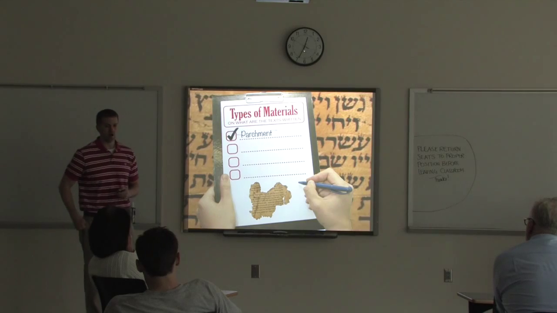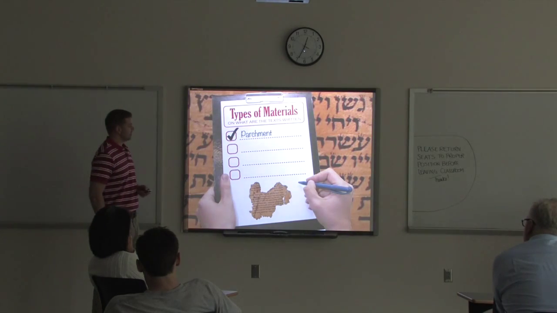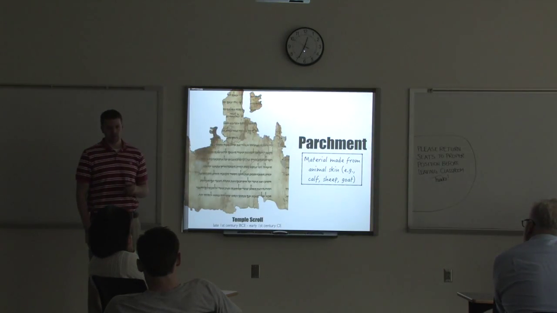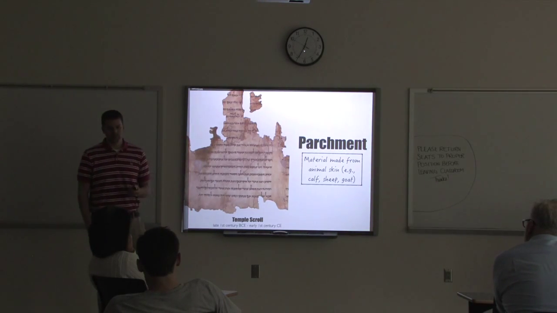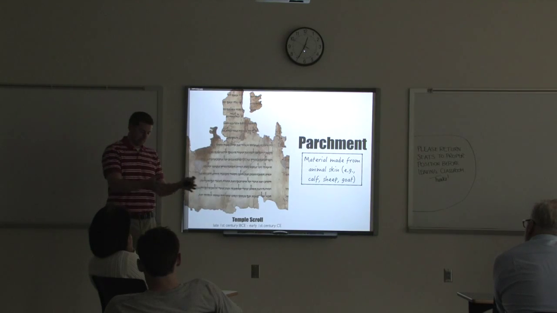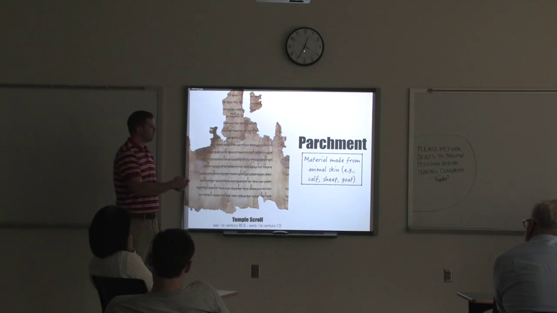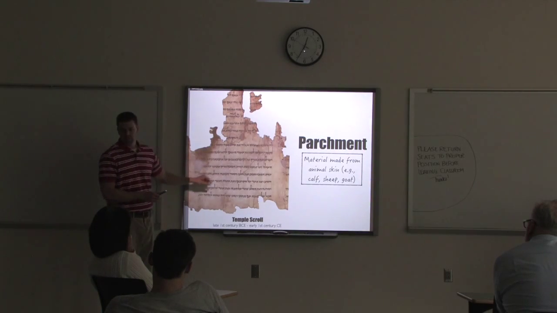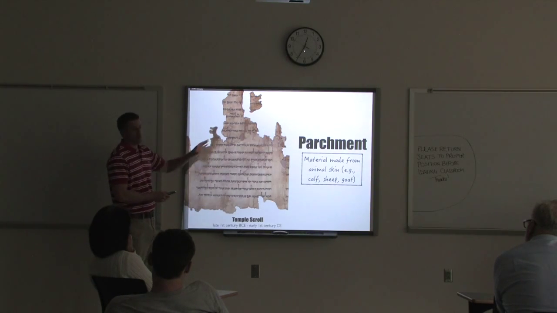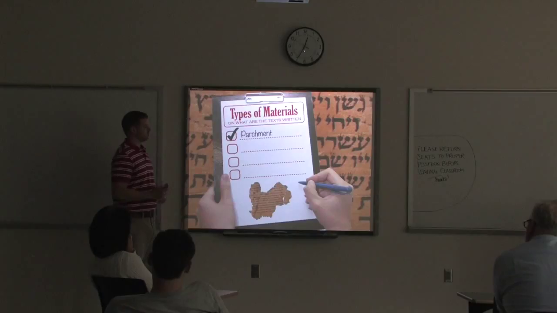Now, what are they written on? Well, some of the texts are on parchment. Parchment looks like this. This is a parchment. It's made from animal skins, so goat or sheep. They would go out and kill, let's say, a goat in this case, skin it, make sure that everything is cleaned off. And they would take these skins and then bind them together in some way and make a long scroll out of this. And this is called the Temple Scroll. This thing dates to 2,000 years ago. And you can see how fragmented it is and how brittle it looks. But a lot of the texts are from this parchment.